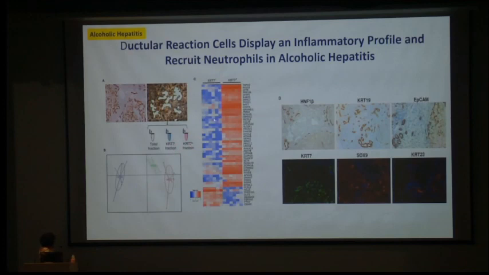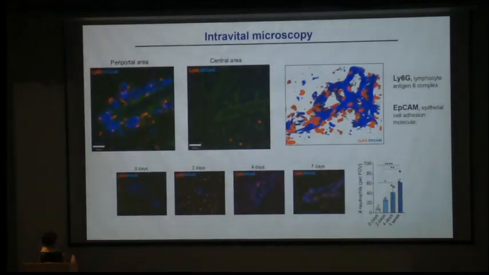So they did the single cell sequencing, and from single cell keratin positive cells, they have found HNF1 beta, keratin 9, EpCAM, which is the marker of biliary epithelium, again SOX9, so they have taken the composite composition of the proliferative biliary epithelium markers and the neutrophil markers, and in the same study,